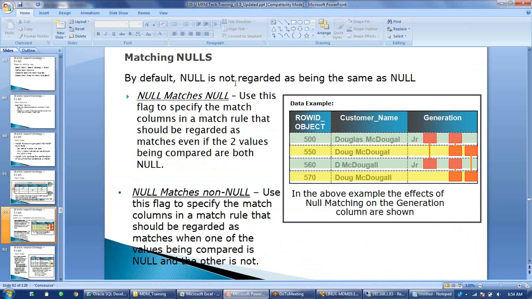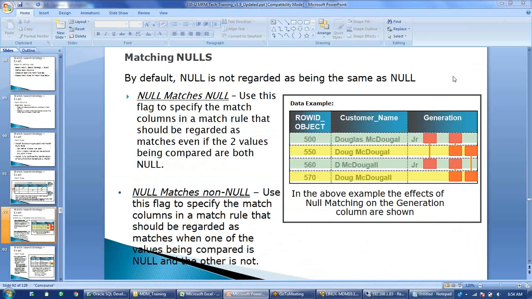That we don't want. We want that if the first name and the last name are matching and the middle name is null, that record should be considered as a matched record. So if you have scenarios like that, we can select this option, null matches null.